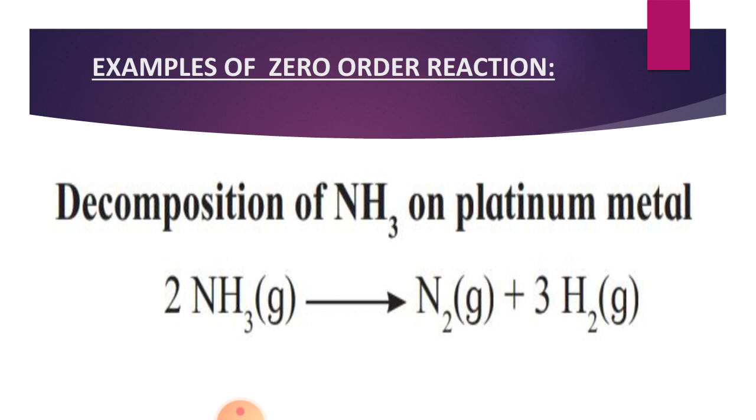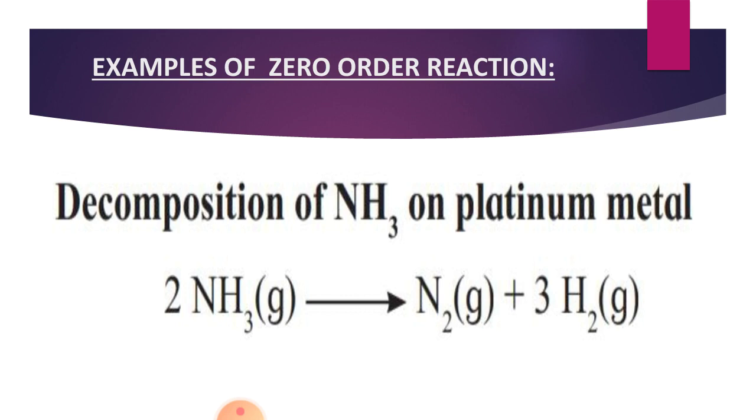And these sites are small compared to the ammonia. Fine. So a large number of ammonia molecules tend to remain as gas which do not react. Here the ammonia molecules are not reacting. They are in the gaseous state. So the molecules present on the metal surface only react. So the rate of a reaction was thus independent of the total concentration of reactant, that is the ammonia, and it remains constant. Fine student.